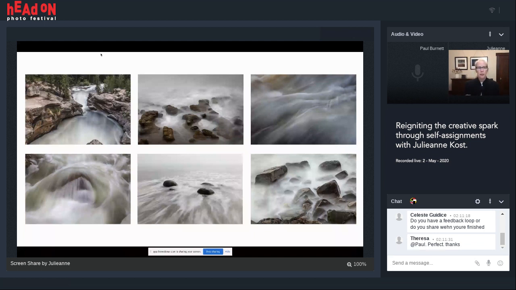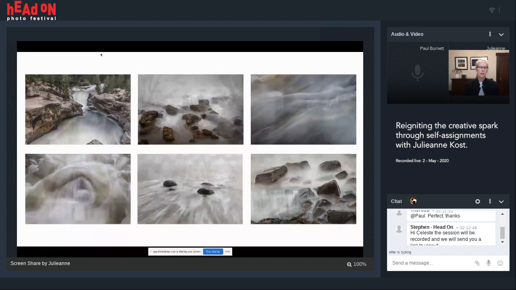I could do car trails. I could do star trails. I could photograph, I don't know, there's a number of things that move, but how about I just focus on water for this assignment? And then I committed to it by basically committing to myself and just saying, hey, anytime that you travel in the next year and you go somewhere where there's water, any kind of water, a river, a stream, an ocean, anything, you're going to take your tripod with you and your neutral density filters so that you can practice this. All right. So it was maybe a year, but that's kind of a shorter term project for me.